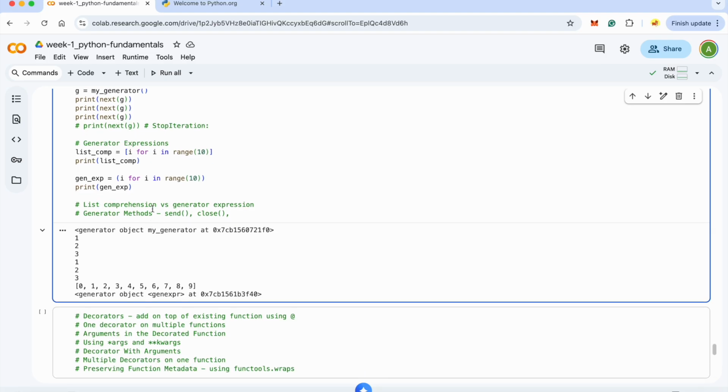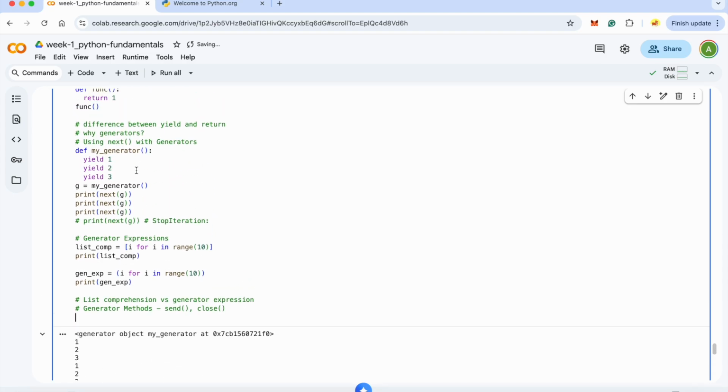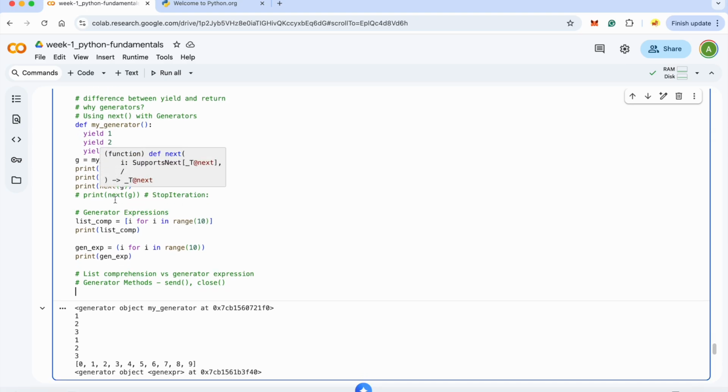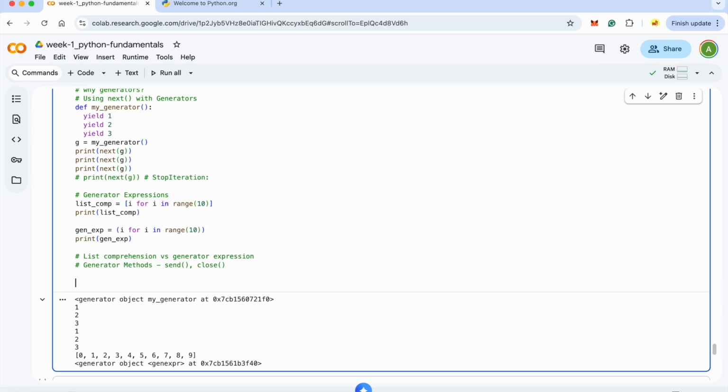We have understood the difference between the two, and then we also have generator methods. In that we have two methods. For example, send, which means you want to pass something to a generator from the user. If you want to pass something to the generator, for example, you have something like